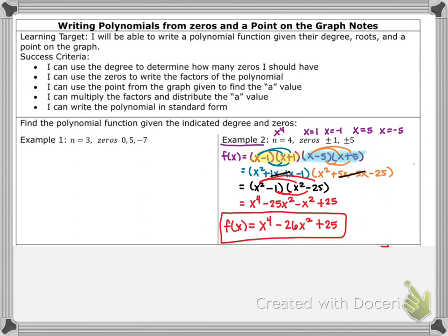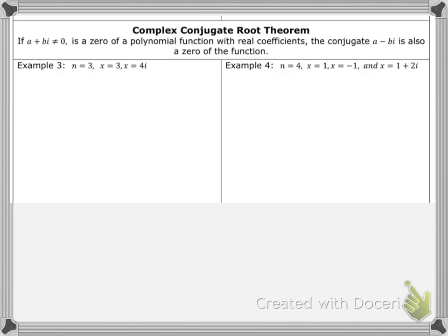All right, we're going to look at the next section, and we'll look at example 4 from there. So now we have what's called the complex conjugate root theorem. With this, it's basically stating that if you're given a complex number, we also have the conjugate of that, so the opposite. So if I'm looking at example 4,